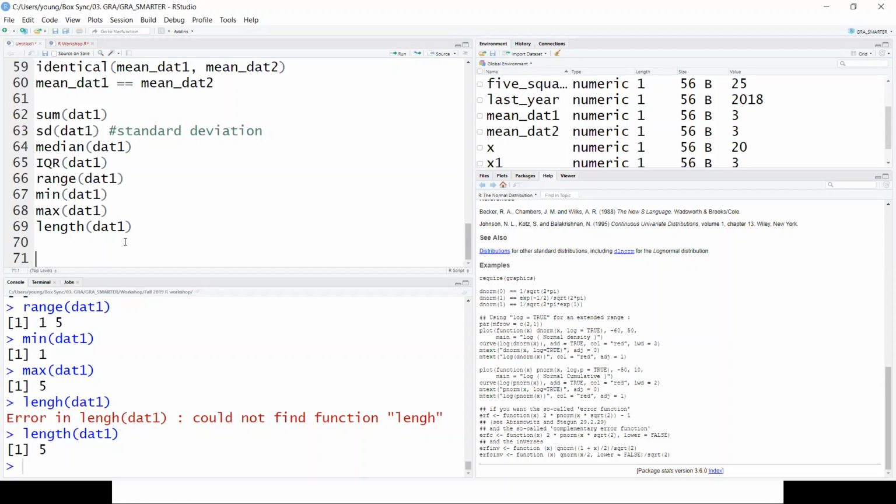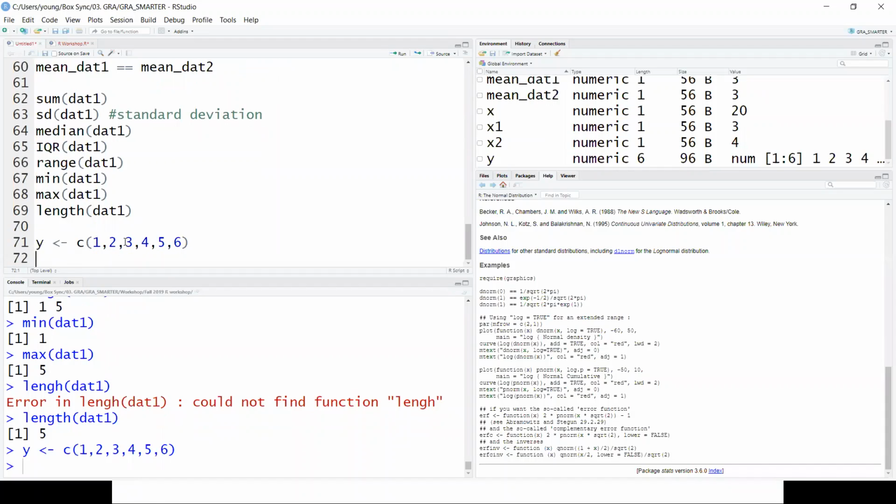What if we want to write some vector, but that vector is too long to write all of it? Like if you want a vector from 1 to 100, we can't just type all those 100 values, right? So there is a really useful shortcut. For example, if you want to assign 1 through 6, let's try this. This is short, literally. But if it gets longer, it's going to be hard to write all that, right?